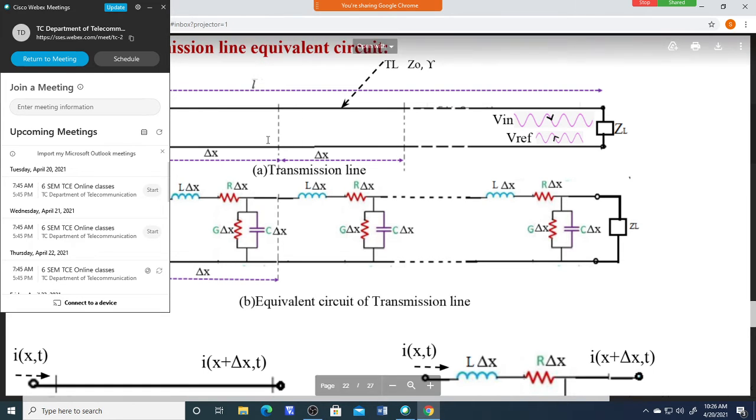We cannot simply say that only a forward traveling wave is there like this, because the reflected wave is also going like this. So at any position or at any time, if you try to measure voltage across this, it is the addition of these two waves. Also what we can see here, the wave is traveling like this, the incident wave. The source is connected here. The wave travels like this. Amplitude of this wave goes on increasing like this.